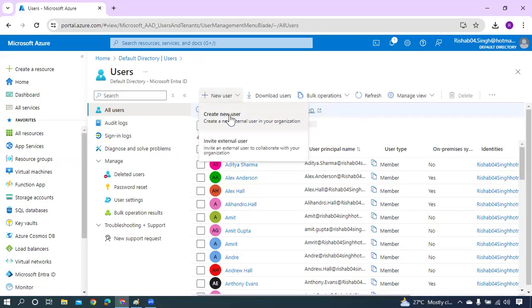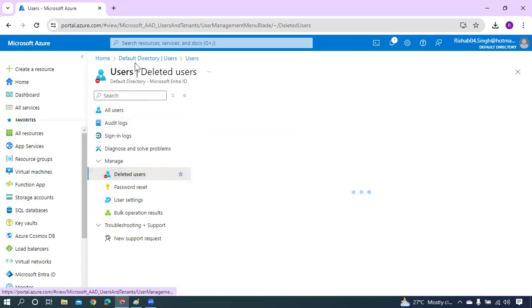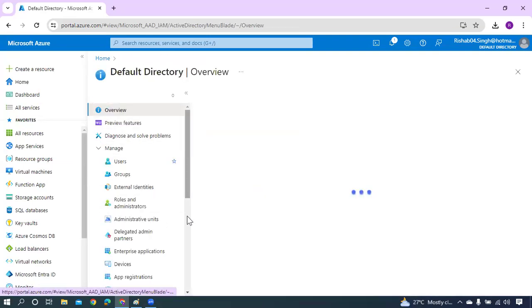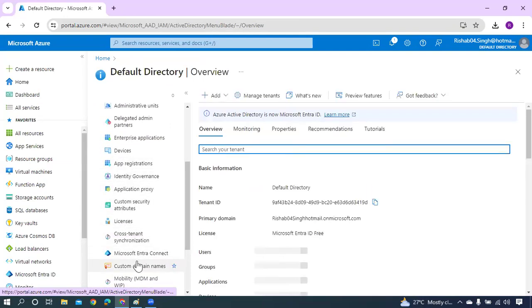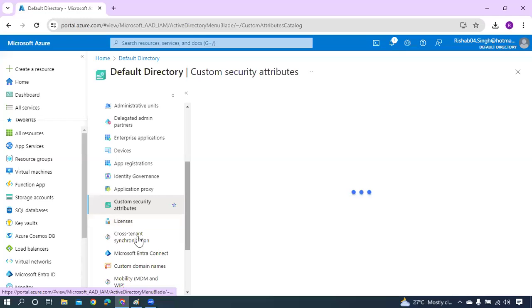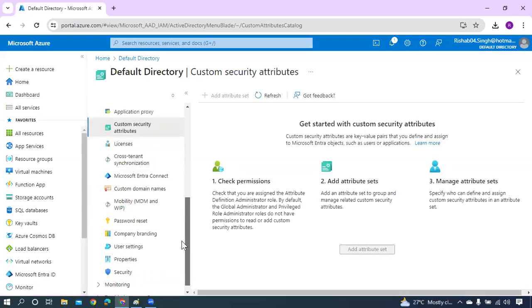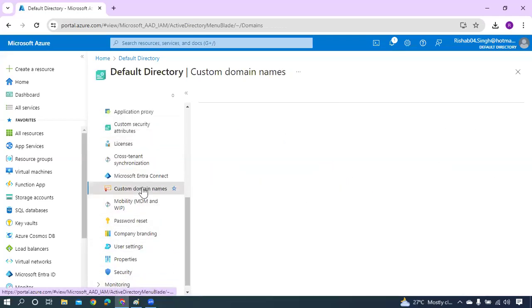Whose job is it? Microsoft, right? So let's say if I'm bringing any particular domain in the custom domain section, I don't require a lab. I will just go to the domain provider, purchase it, and configure it here. You got the point? For an example, if I go to custom domain over here,